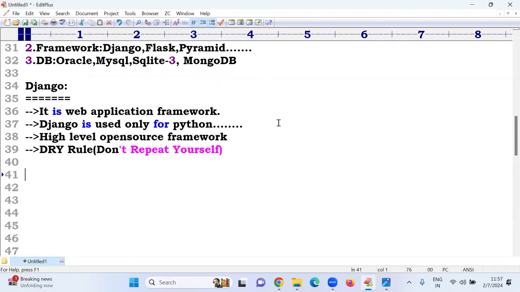Because a project can contain multiple applications. Suppose today, sir, I implemented one project for ICICI Bank by using Django. So first of all, what is a project? What is an application? Are both the same? Application and project, same or not same? No. I will give clarity. What is a project? What is an application? Okay. A project can contain multiple applications.